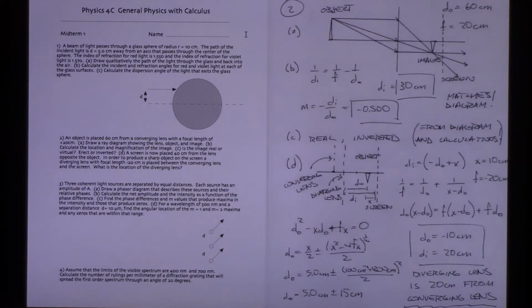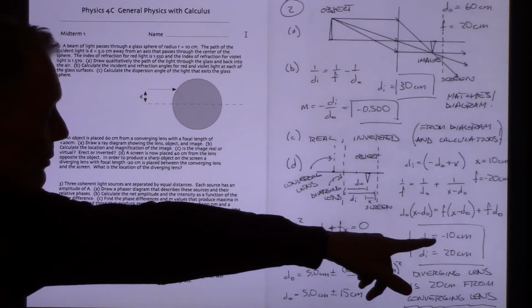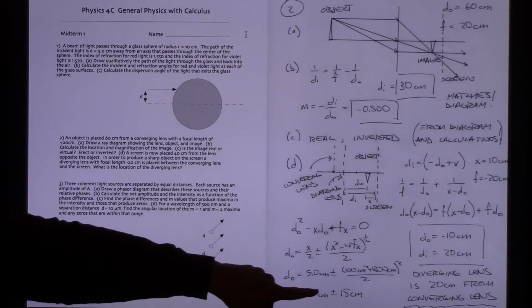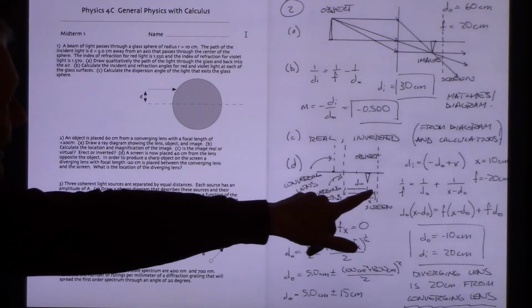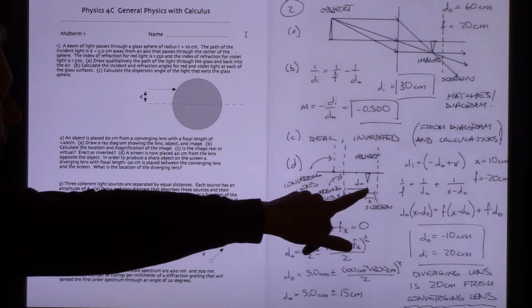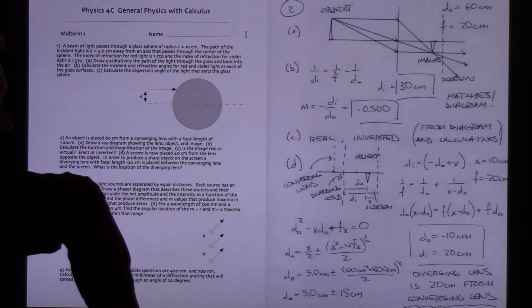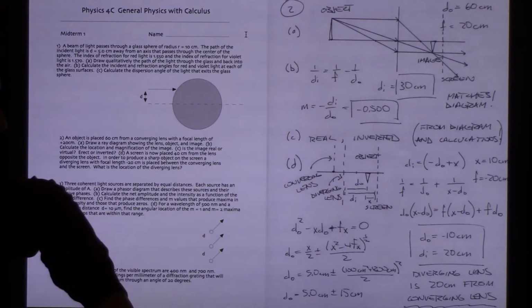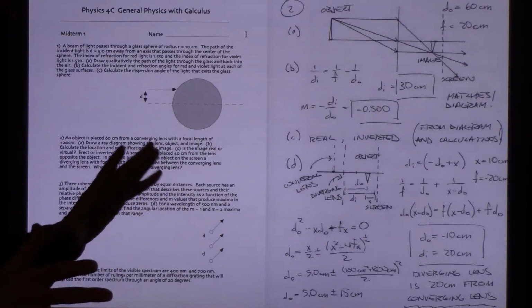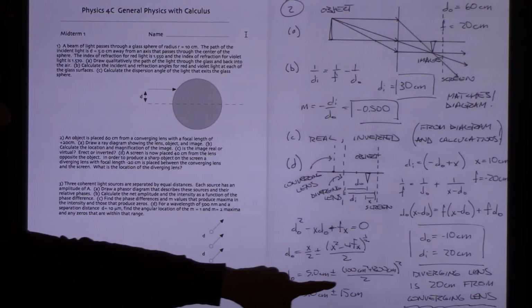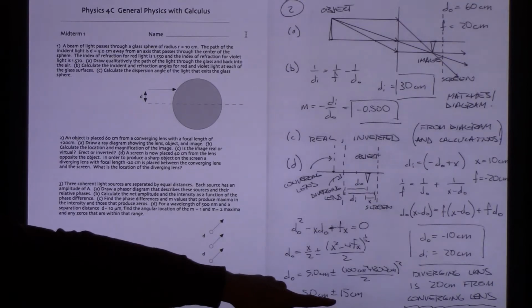Now, when I looked at that answer, I know that the DO's got to be negative. I've already decided that the DO for this to work is going to have to be negative. I'm choosing the negative solution here. The positive solution would do what? I guess that would take me back. Yeah, I'm not sure how that would fit inside there. Okay, there's probably some physical reason why that solution showed up, but I'm going with the one that is negative